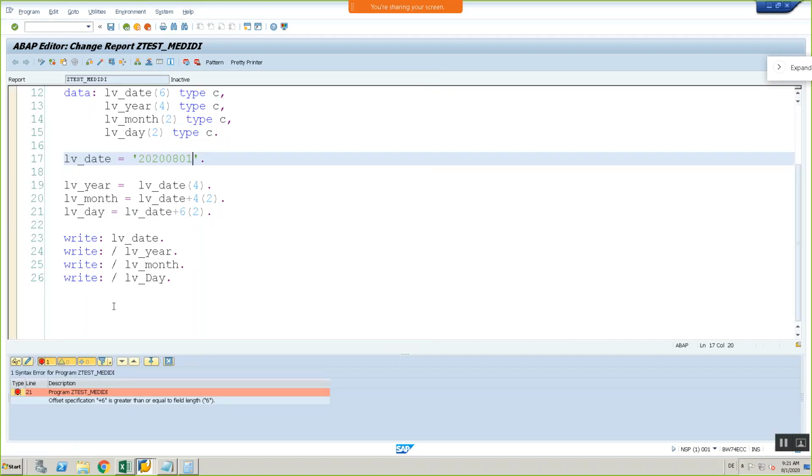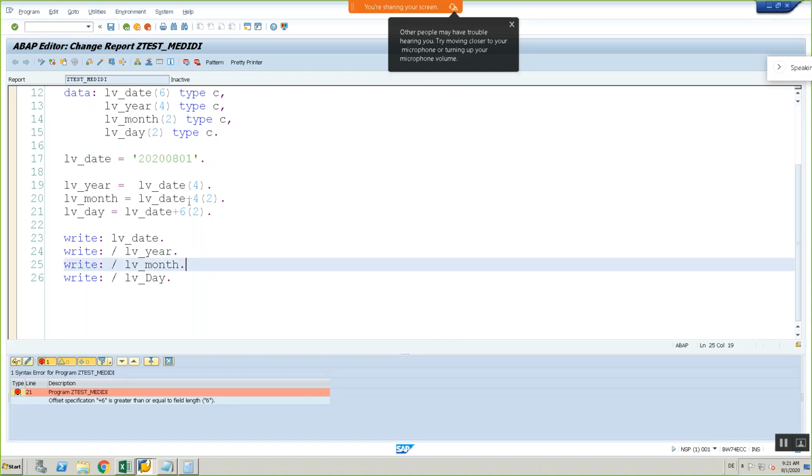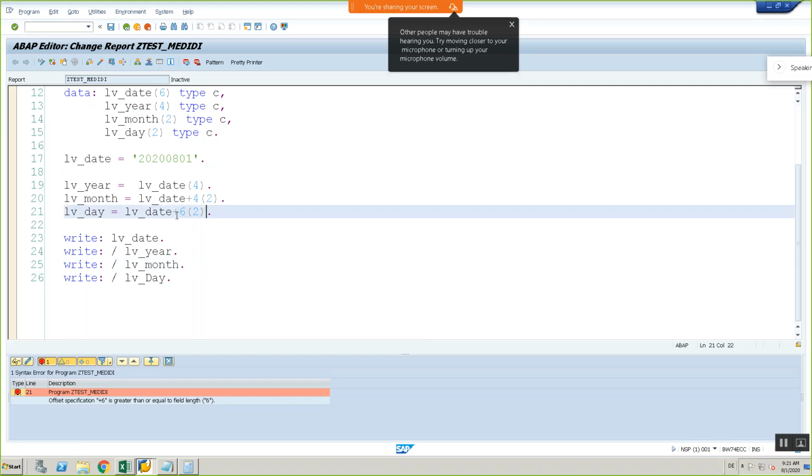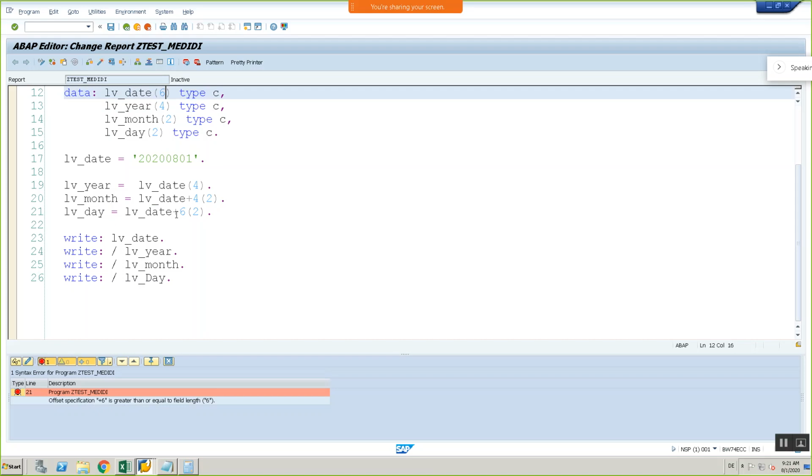When you are defining an offset in your program, if you are trying to read something wrongly at the offset, see at line number 21, I am getting an error. Offset specification plus 6 is greater than or equal to field length 6. What is the problem? I defined my date of length 6 only, but while doing assignment there is no problem.